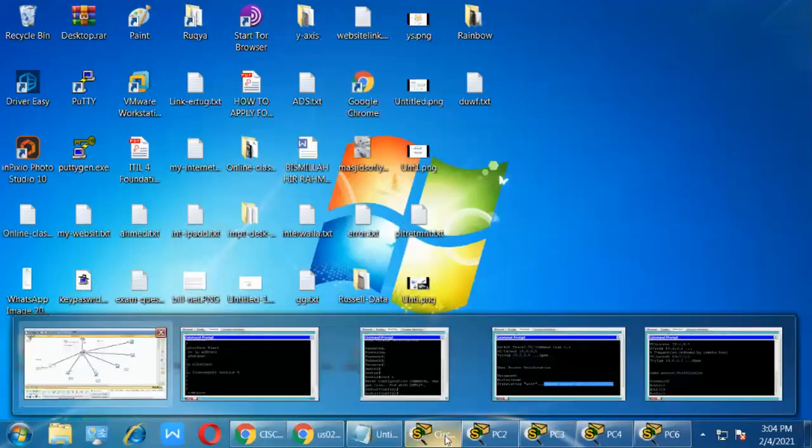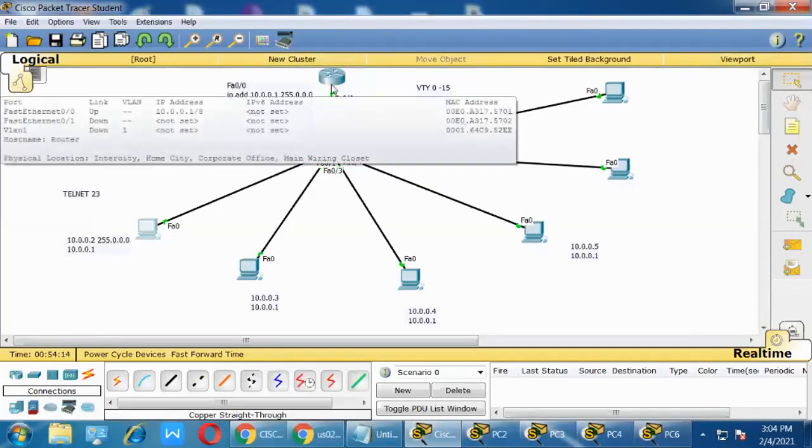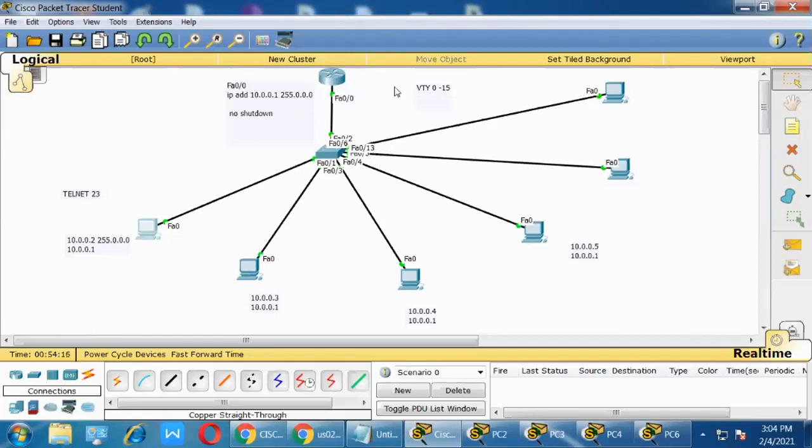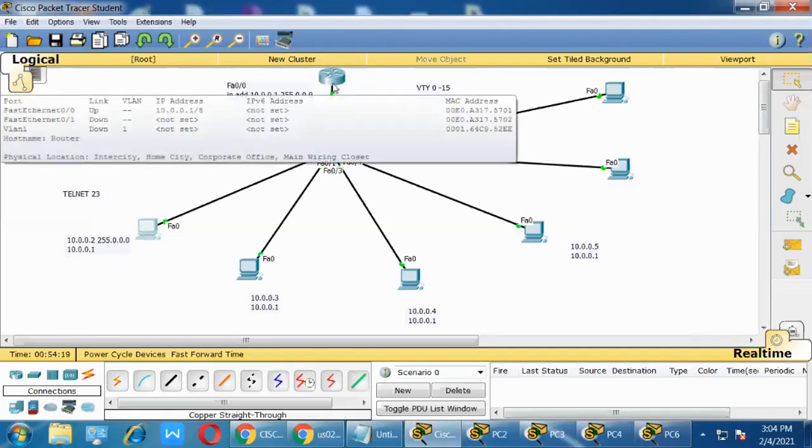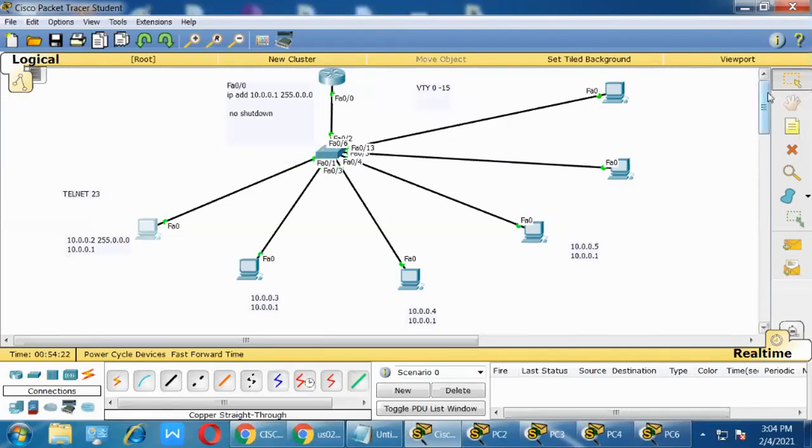So how to configure the router, how to configure the user, how to assign the secret password, and how to enable the password, we'll discuss. But I think since that is the extra thing and those people did not attend, it's better I show you these things tomorrow. Next, leased line configuration. Clear? Anything you want to ask? Any doubt you have?